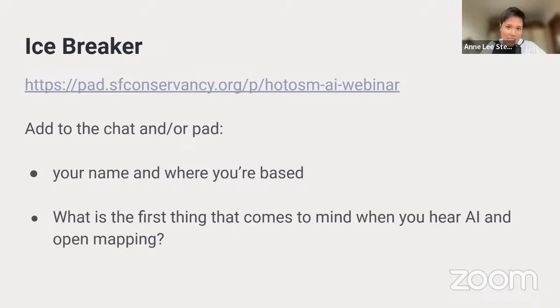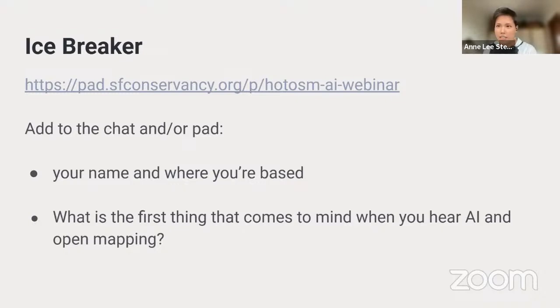To get us started, I thought we could begin with a reflection from all of you and a quick check-in. I'm putting a link into the chat of a shared document called a Padlet, and invite you, starting on line 6, to add your name and the location you're joining from. We had a question we were interested in asking before passing off the mic to our panelists: what is the first thing that comes to mind for you when you hear the phrase AI and open mapping?